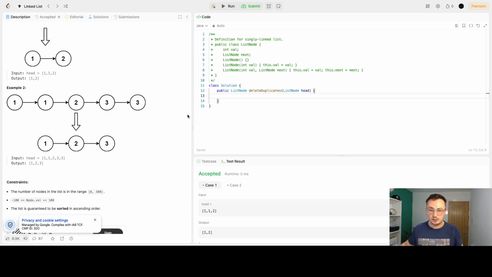Now let's get into it. So the first thing I'm going to do is I'm going to declare a list node, call it current. And this is going to track our current position in the linked list. So we'll set it equal to head because we obviously start at head. And then we'll iterate over the linked list. So while current doesn't equal null and current.next doesn't equal null,